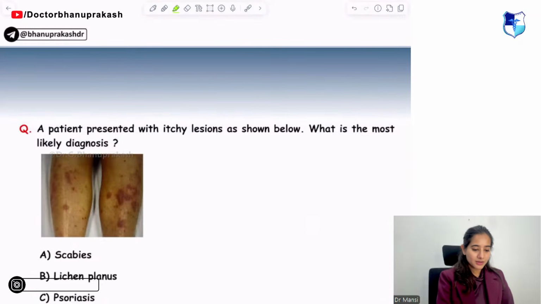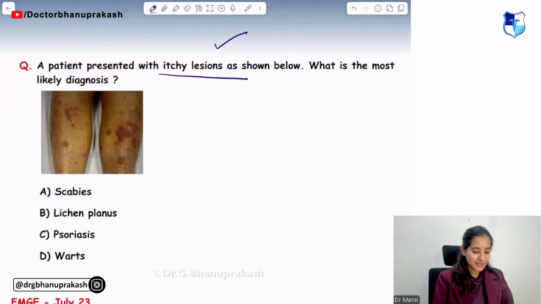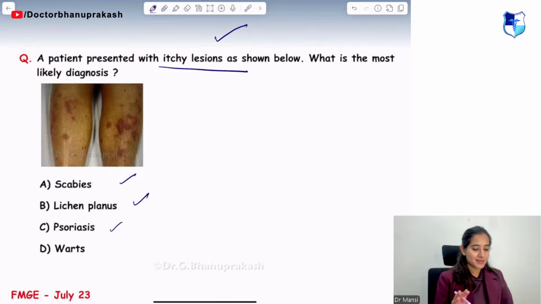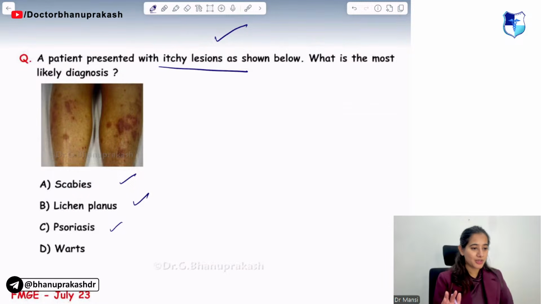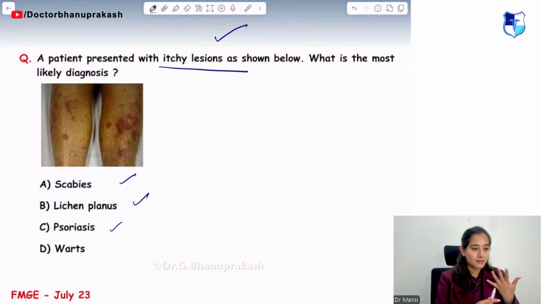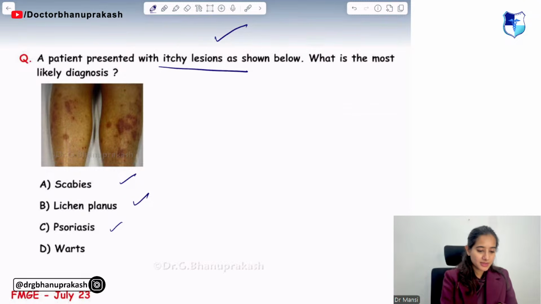Psoriasis is the answer. Then we have this: a patient presented with itchy lesions as shown below. What is the most likely diagnosis? Is it scabies? Is it lichen planus? Just don't mark scabies if there is itching. Is it lichen planus? Warts? Absolutely not, I guess. So again, just because you can see itching, you have to look for the burrows for scabies. Most of the time, they are going to give you the web spaces image if they want to ask you scabies. So the answer for this is,